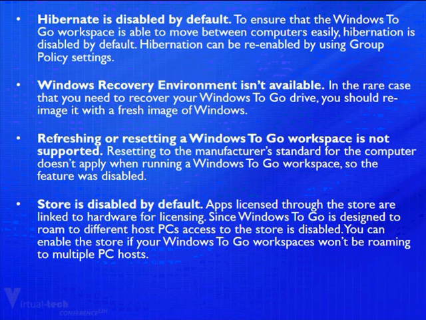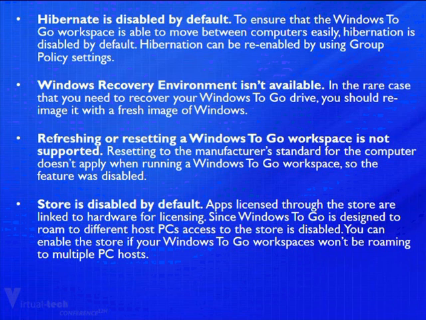Some of the differences are: the internet is offline, the Trusted Platform Module is not used, hibernation is disabled by default but you can enable it, Windows Recovery Environment is not available, you cannot refresh or reset a Windows To Go workspace, and Store is disabled.